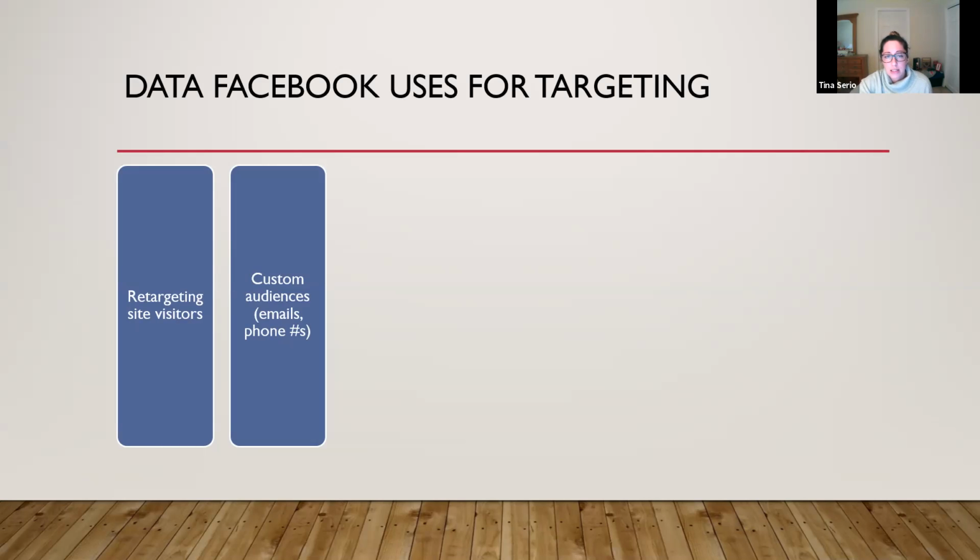What Facebook is doing is taking your list, whatever data you provide them, and matching it up to the data that they have for that member within Facebook. So there are going to be different match rates for different industries, different audiences, and different data that you're providing. The best way to see what your match rate is, is to take your list, upload it into Facebook and see what comes back. I mentioned in Slack that personal addresses are going to have a higher match rate than business addresses, because for the most part people are using their personal email to log into Facebook.